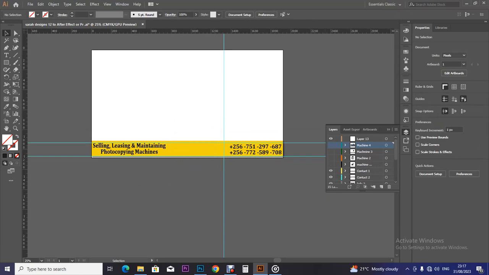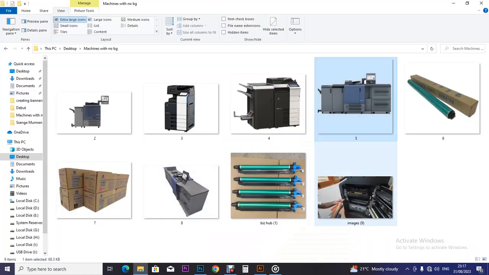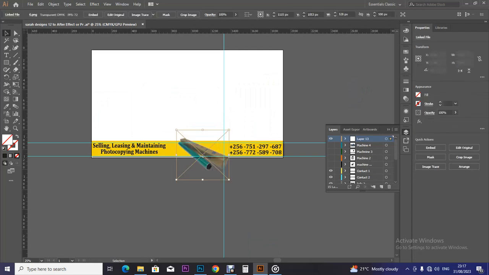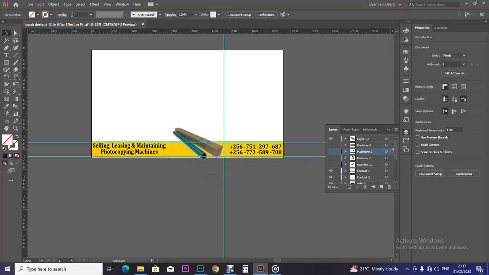Okay, so if we go back now, remember I told you, you select the layer where you want to apply that photo you are bringing in. Then we want to put these drums in a seeable format. So we bring it, drop it there. So we are going to just do it like this. Okay, let me put this on a layer that is